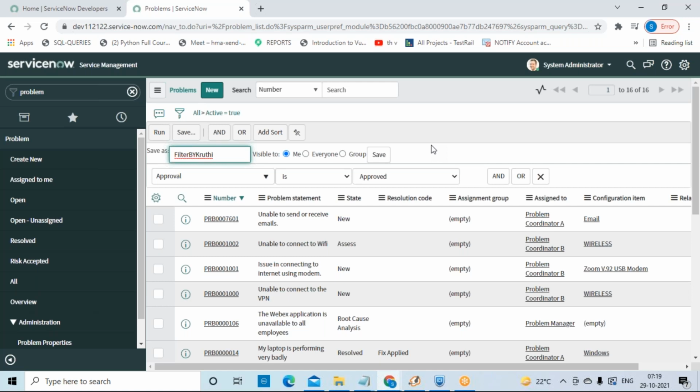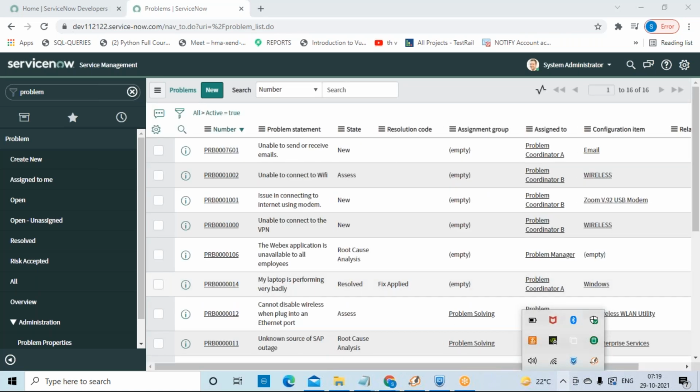And if you can observe here, it should be visible either to you, or to everyone, or to some kind of a group. So this kind of conditions you can do, and click on the save button. And give that condition, you can click on the save button, right? So this is how